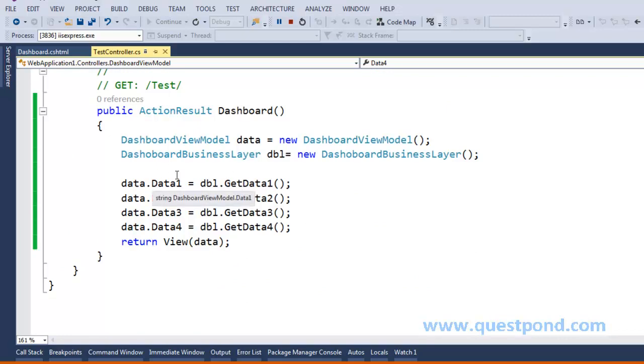After we create the object of dashboard business layer, we invoke each of the functions inside it one by one, and whatever it returns, we are storing it inside a dashboard view model property. And finally, we pass this dashboard view model object as a parameter to the view function, and ultimately this data will be available to our strongly typed view.